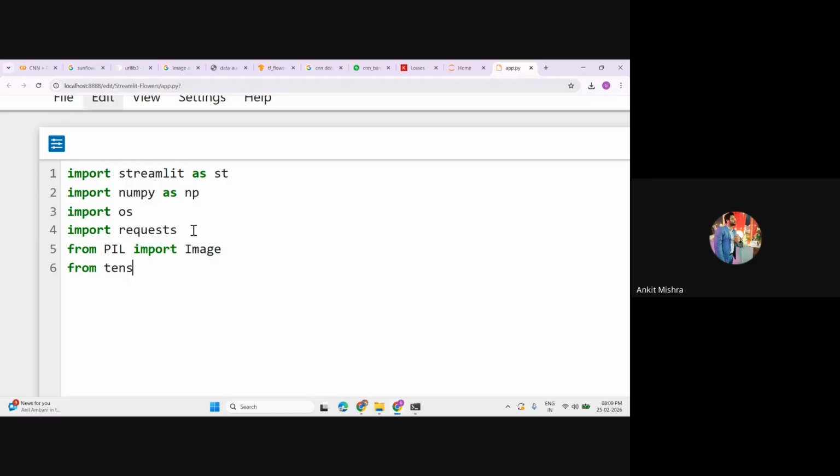So let's just call TensorFlow. Inside this TensorFlow, you have keras, and inside keras, you can call the model. And what we want, because we have the model,